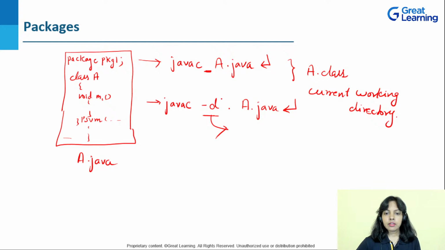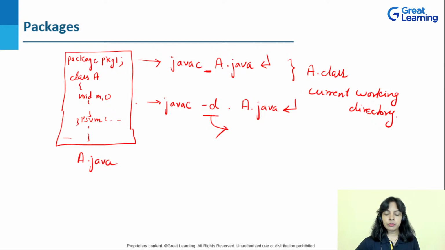This can be any drive, like C drive, D drive, E drive, so many hard disk drives I'm talking about. You can mention that over here. But make sure you're mentioning only a drive which is there on your laptop. If you mention something which is not there, it will throw an error here also. So javac space minus d. So what will happen? This .class file.